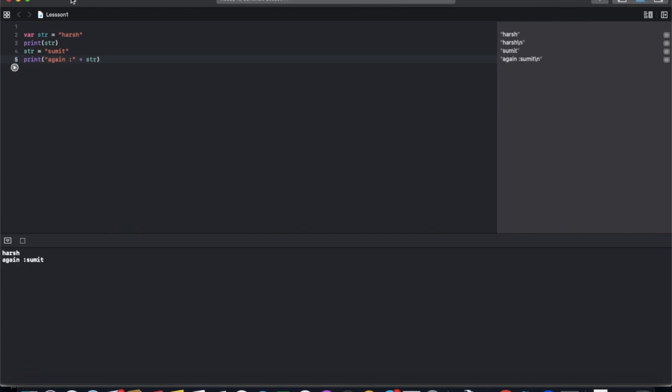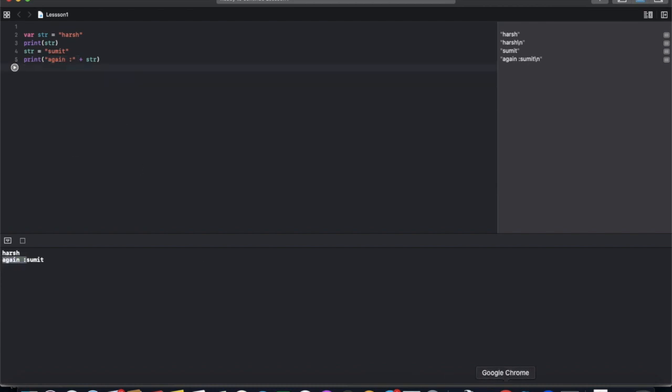So you can see, firstly str has the value Harsh, so it prints Harsh. Now str has the value Sumit, so it prints Sumit, and we are writing some constant here again, so it will also print this.